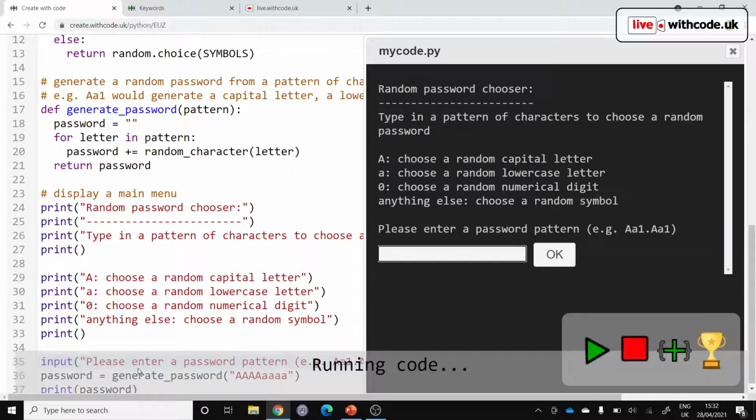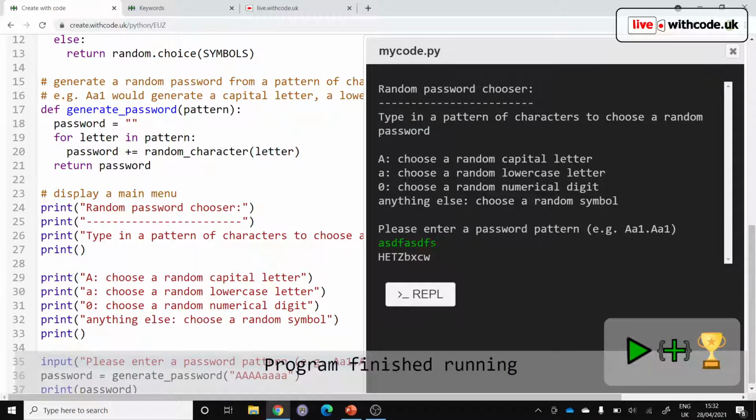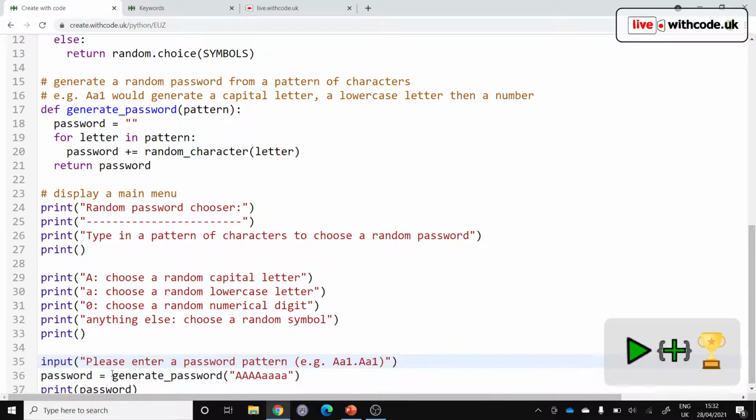Okay, so it will ask us what type of pattern we want, but it doesn't actually use that yet. So let's store that. We ask the question, we store the answer, pattern equals. And then instead of always generating a password with 4 capital letters and 4 lowercase letters, let's use the pattern